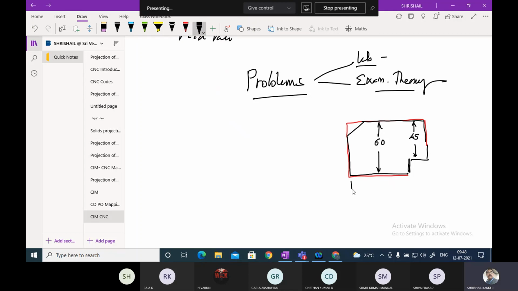Okay, and this is 80 mm. This is 100 mm. All of you please write it yourself.